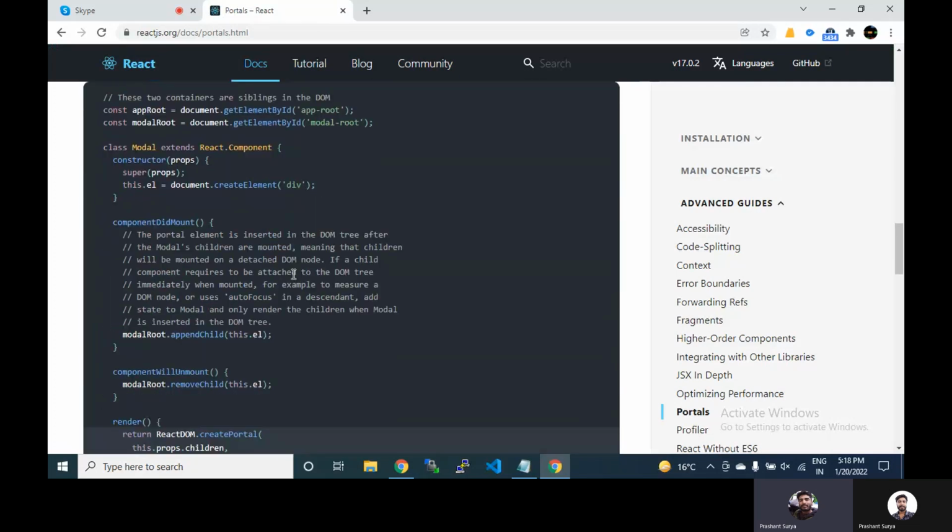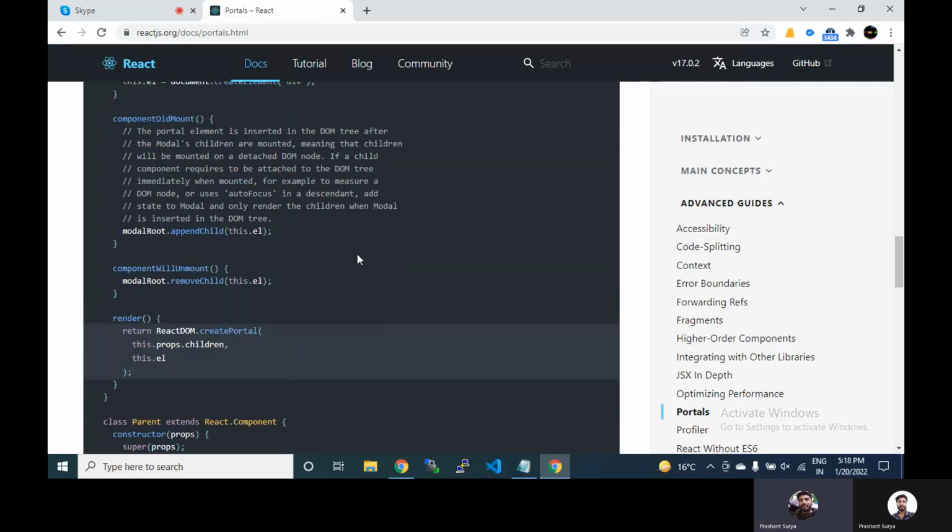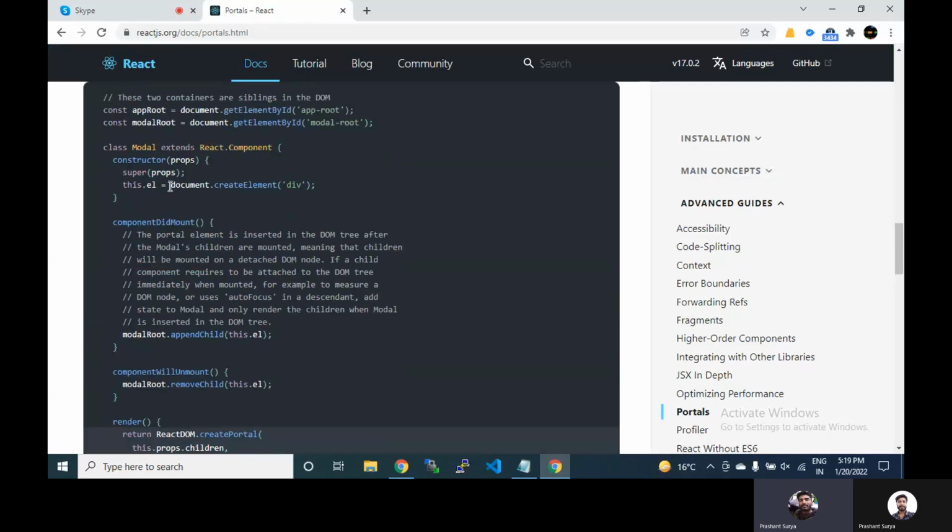So we create a modal, and we have logic like this where we create the portal. This is the children we will pass, and this is the element where we will bind this.